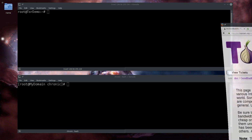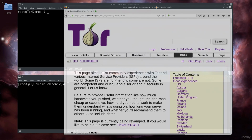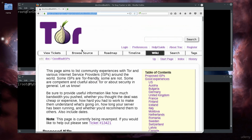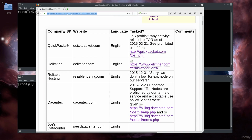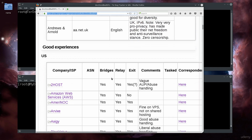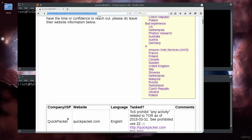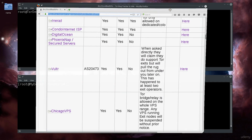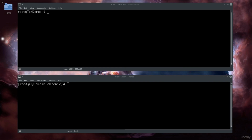So I got onto a website from the Tor project. It's right here, and this is the address: https://trac.torproject.org/project/tor/wiki/doc/GoodBadISPs. Down below, you have an entire range of ISPs and their policies in regard to nodes, based upon country. You can list through this site and find the ISP providers which will be willing to host your Tor node for a very low price,